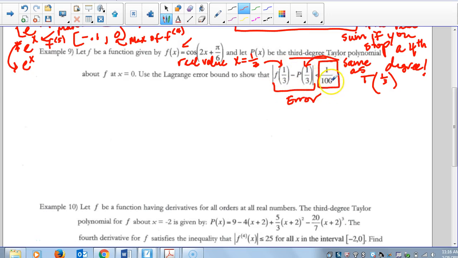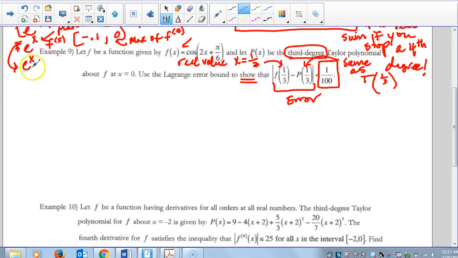So the question is, where do I stop? Or actually, in this case, it says the third degree Taylor at 0. We want to use the Lagrange error bound to find the error and make sure it's less than 0.001. And in this case, they're saying, show me that the third degree Taylor is going to be smaller in error than 0.001. So I hope that's clear. All right, so here we go. I need to find